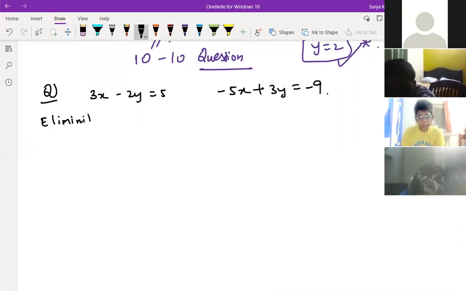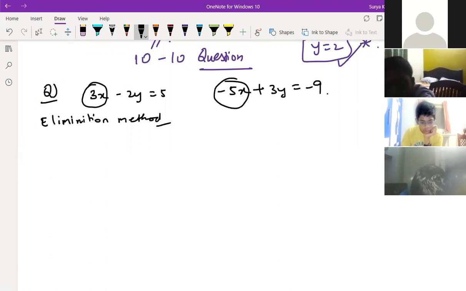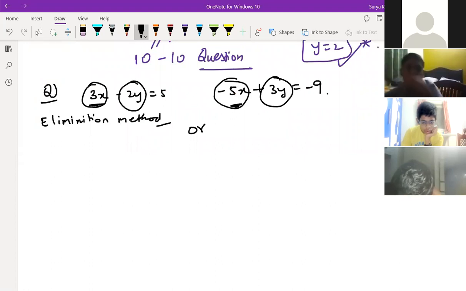Elimination method. So here we are trying to find that either both x should match, this 3x and this 3x should match. Don't bother about the sign, children, right now. Just bother about the same thing. This here is 3x, so this also should be 3x, or this is 2y, here also should be 2y. We have to match any one. Either you match x or you match y by somehow multiplying or dividing.